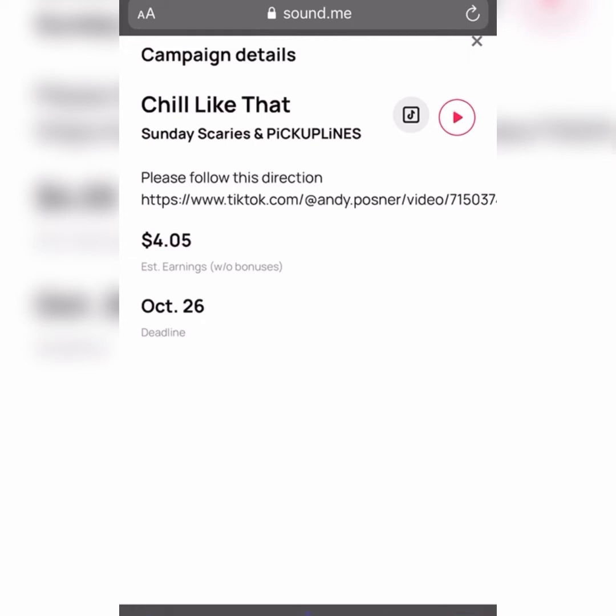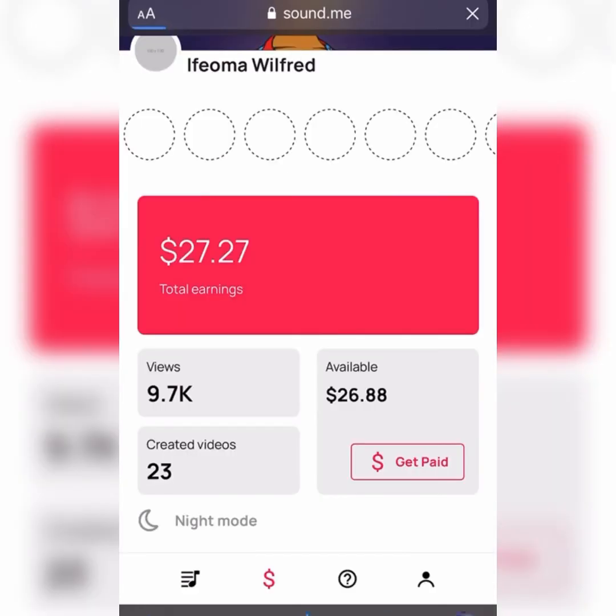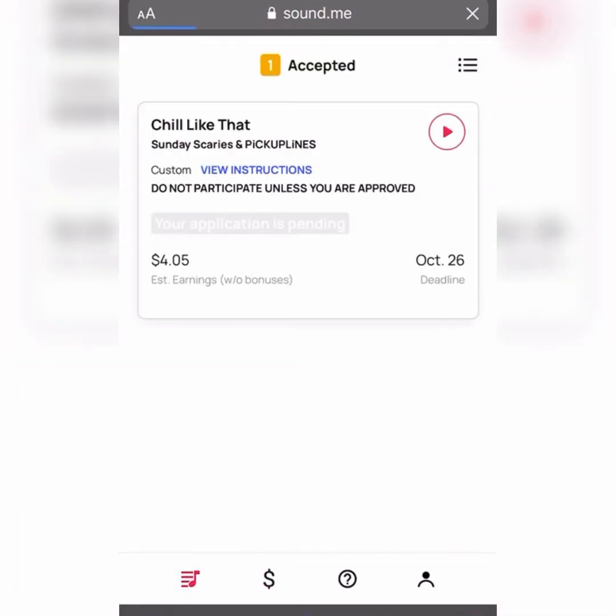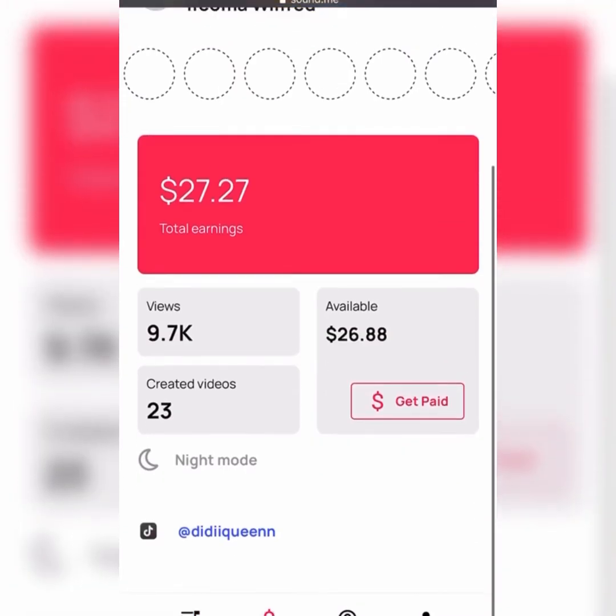Then you will see a link. Okay, let me show you something. This place they wrote your application is pending. There's always a box, a form shape. So you copy the link from your TikTok and paste it here. Then you send. They will now wait for a few minutes. After they finish checking your account and they're okay with your account, they will approve it to post or do whatever you want to do with the video. So that's how. Now if you want to withdraw this money, which I'm not ready to, you just click on